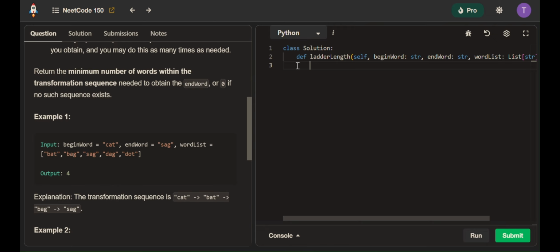So first of all, the end word should always be in the word list. If the end word is not in the word list, we have a problem. So we're gonna return 0 because if the end word is not in the word list, we don't have a sequence. So if we don't have a sequence, we return 0, right? So if end word not in word list, we return 0. All right. With that being said,